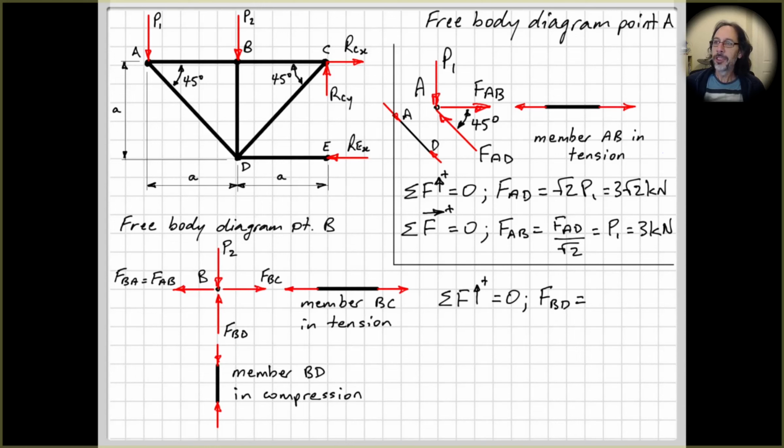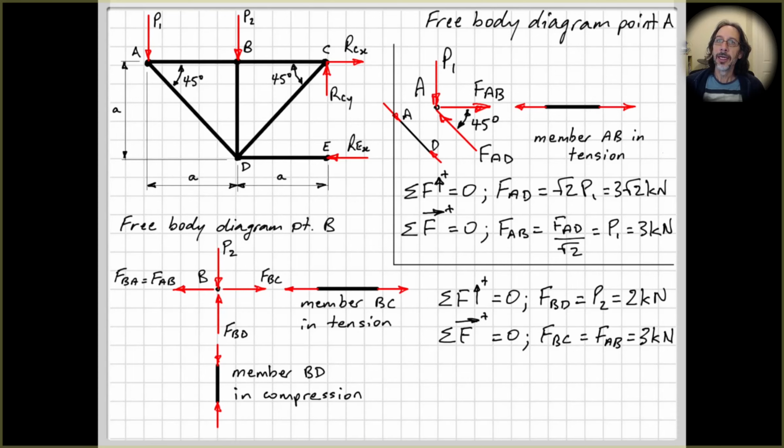Right, so the sum of the forces in the vertical direction equals 0. So this one's pretty easy. Right, FBD equals P2, which was 2 kilonewtons. And the sum of the forces in the horizontal direction equals 0. So we calculated FAB before. So FBC will be equal to FAB, which was 3 kilonewtons. Okay, so that's for joint A and joint B, which has now given us the forces in members AB, BC,